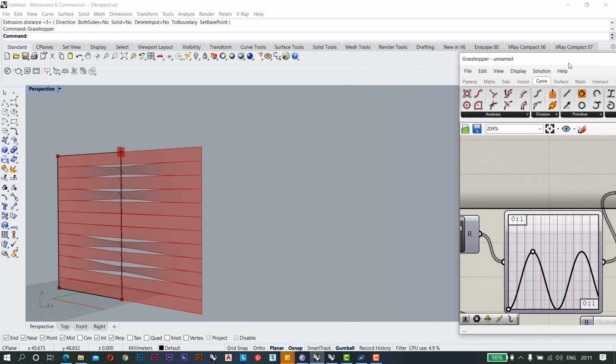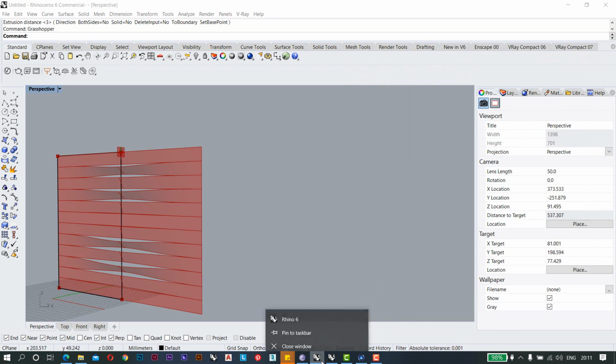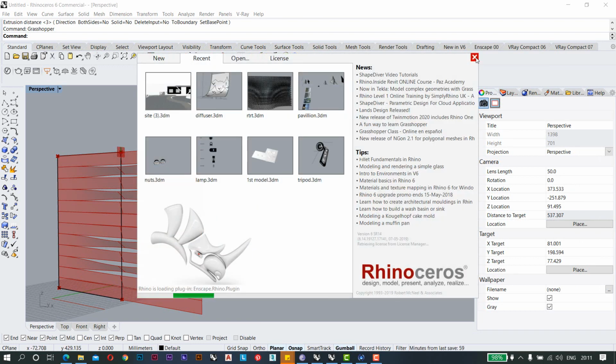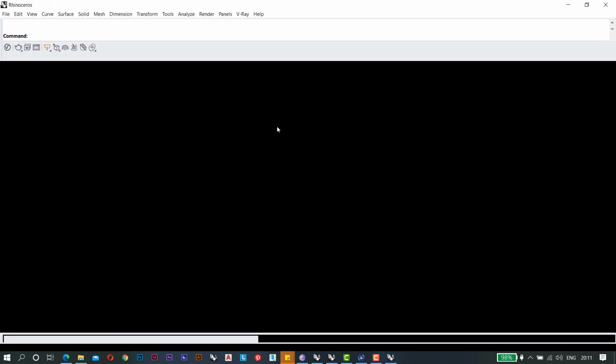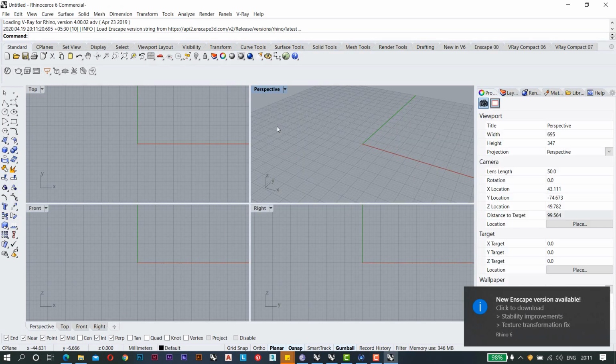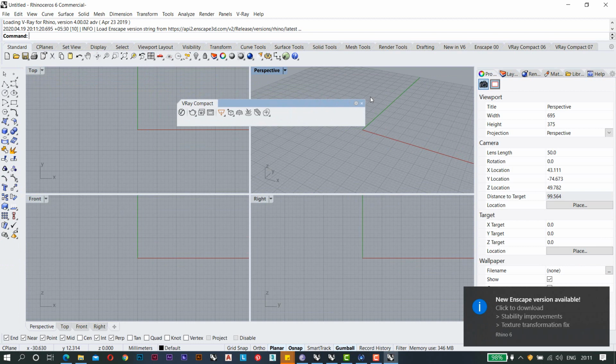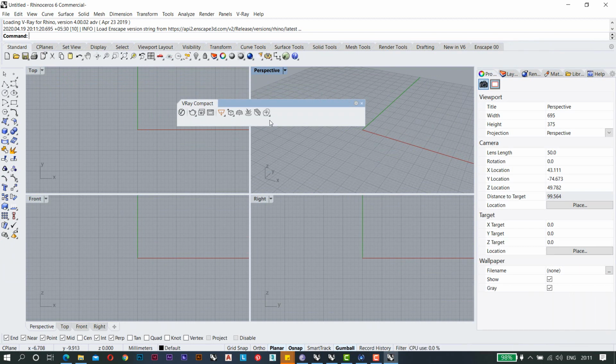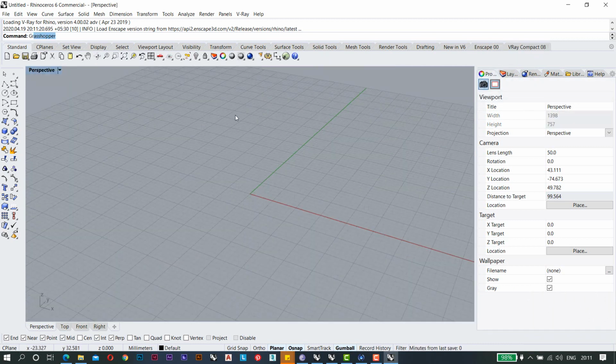So here we are starting with a new file. In this one, what we need to do is open Grasshopper.